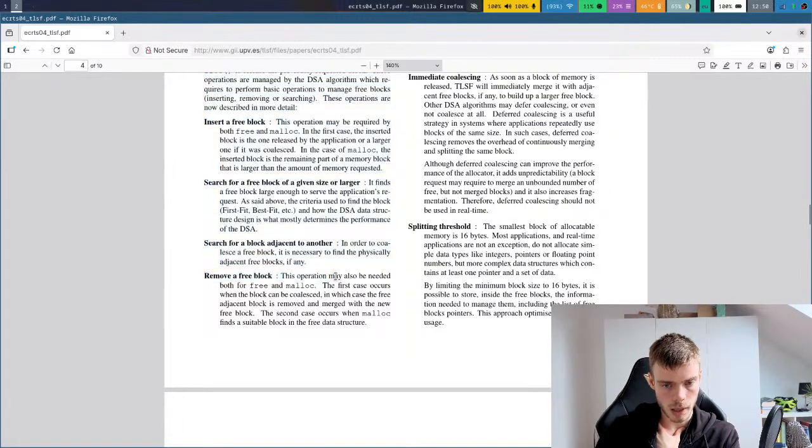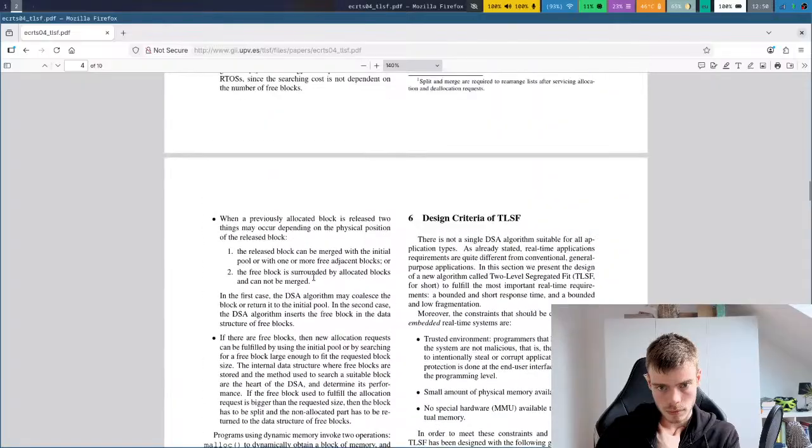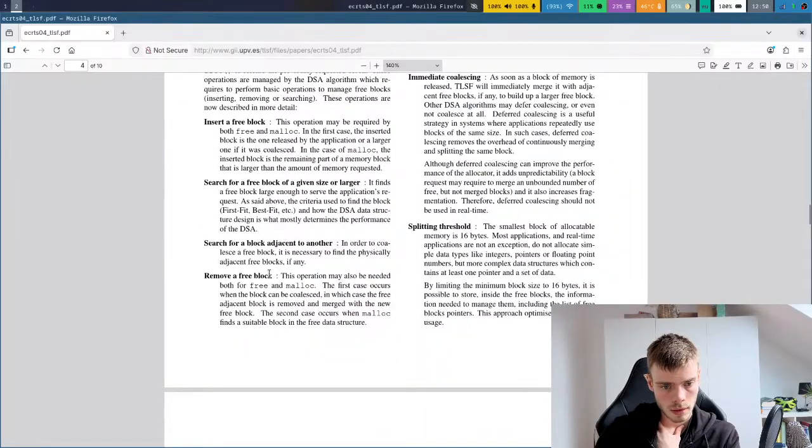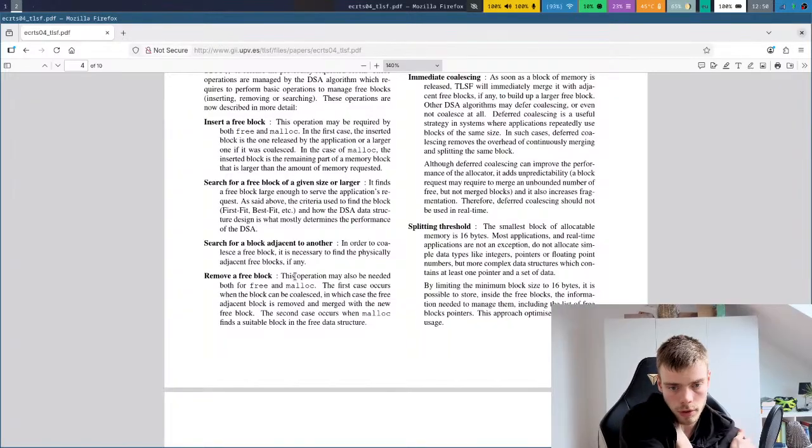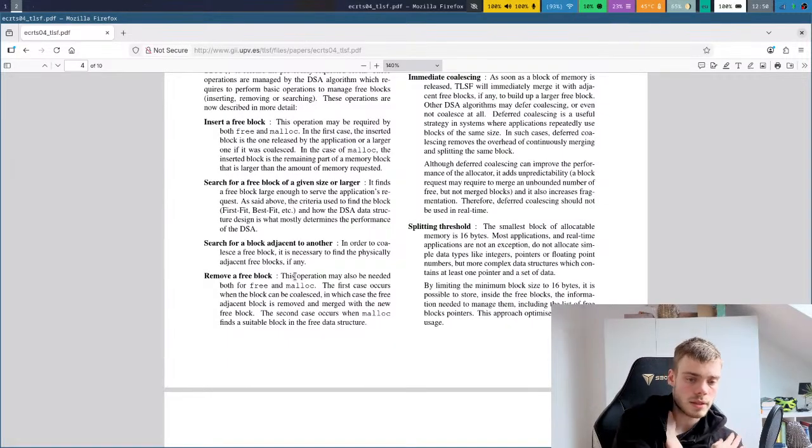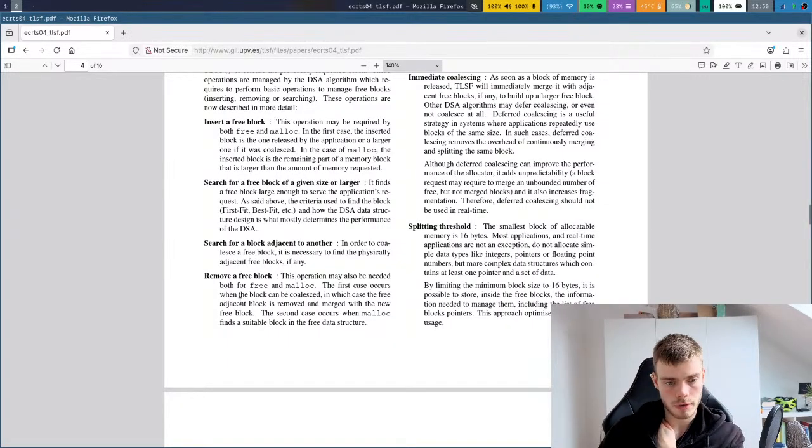Remove a free block. This operation may also be needed both for free and malloc. The first case occurs when the block can be coalesced, in which case the free adjacent block is removed and merged with the free block. The second case occurs when malloc finds a suitable block in the